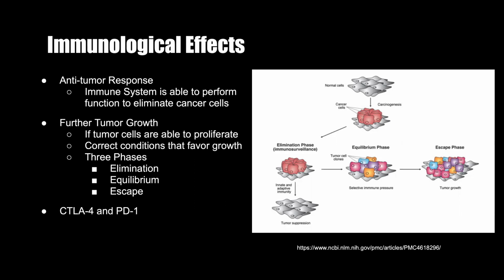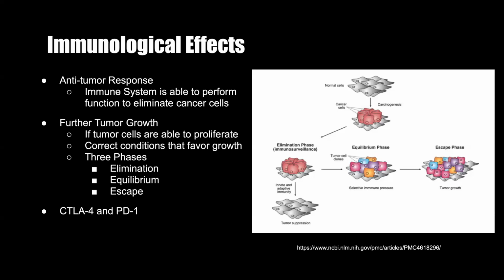where the elimination phase is where the immune response is eliminating cancer cells, but there are some cells that are able to evade it, which goes into the equilibrium phase, where some of these cancer cells can lie dormant until selective pressures or changes in the immune system, for example, the immune system being weakened over time, allow the tumor cells to continue proliferating to the point where it enters the escape phase, where the immune system is no longer able to recognize the tumor cells and they can grow unrestricted.